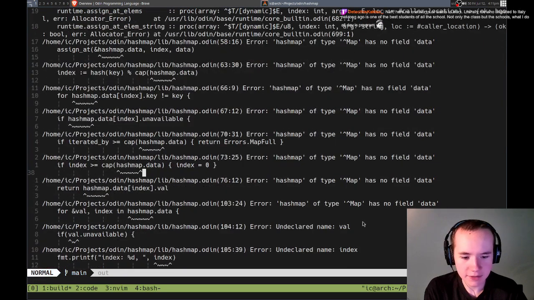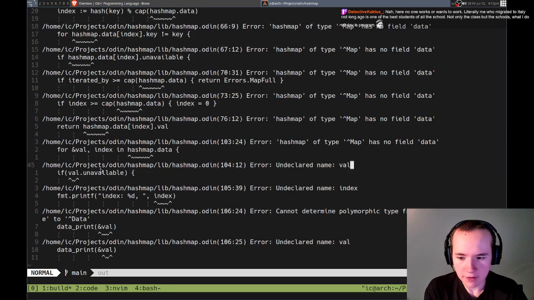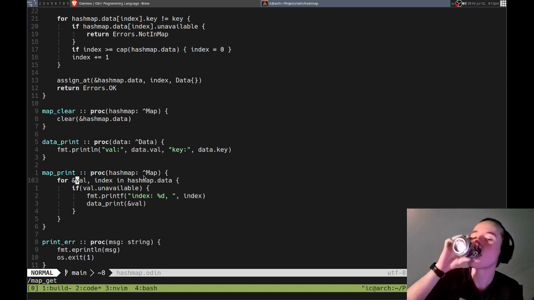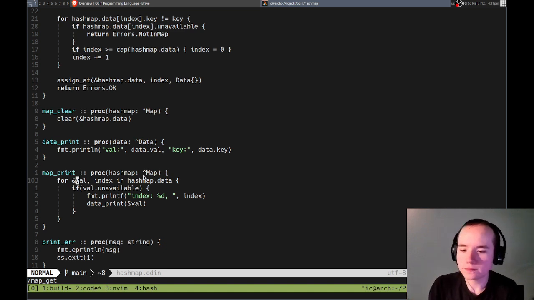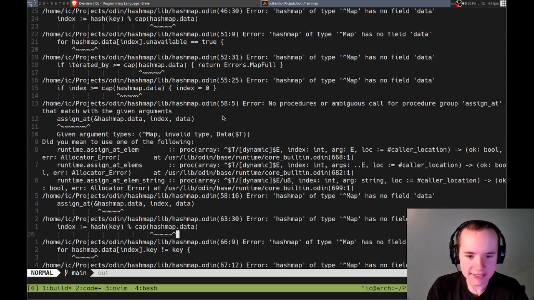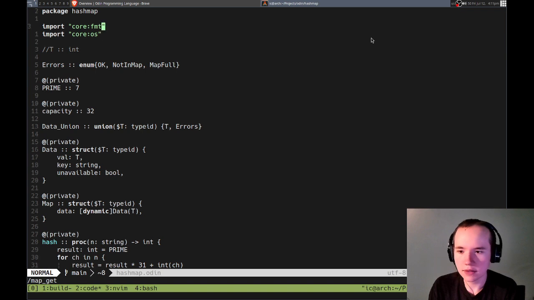So it doesn't like these. Why does it say it has no field data? Clear name val. Why is that unclear? 104. It's right here though. Oh, it's because there's no hashmap data. Wait, so why is that? I don't quite get that. Map has nothing called data. When it does,